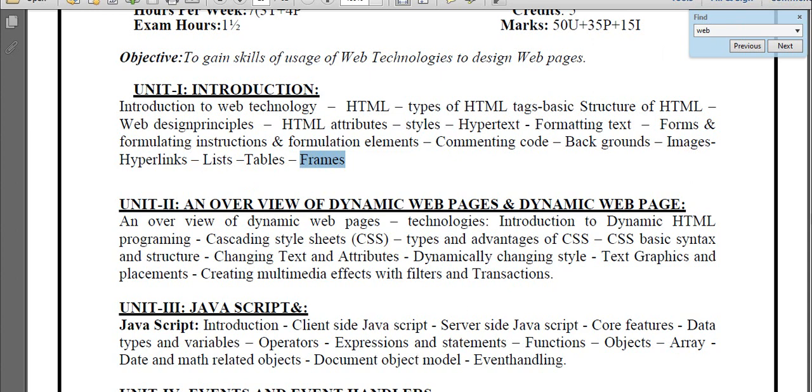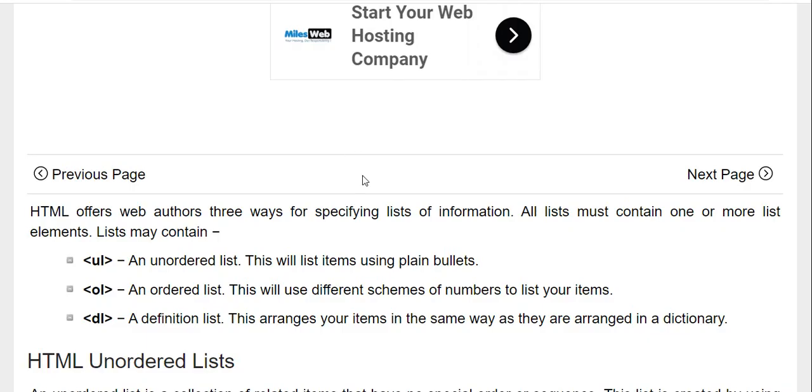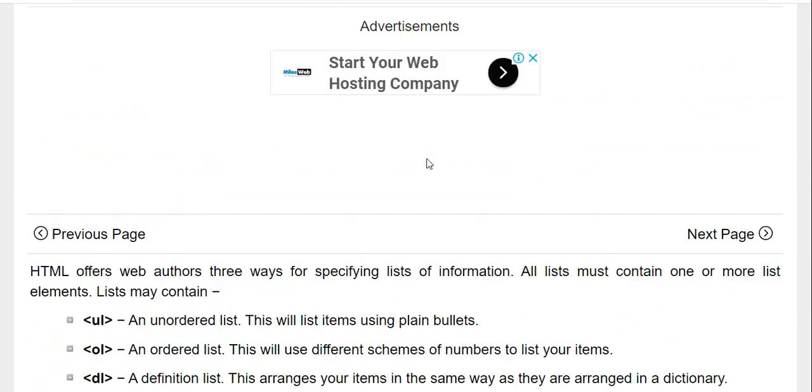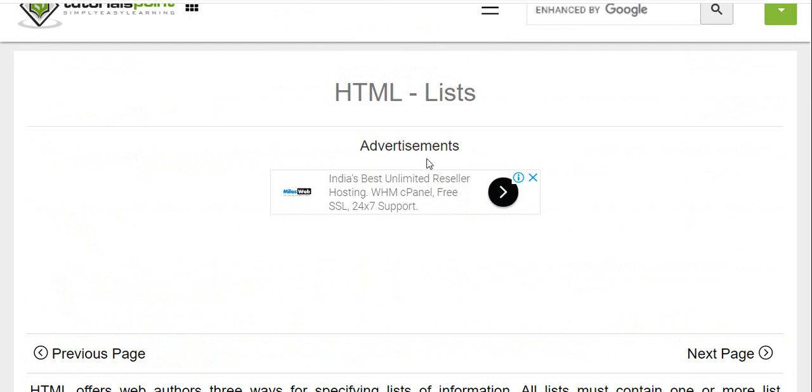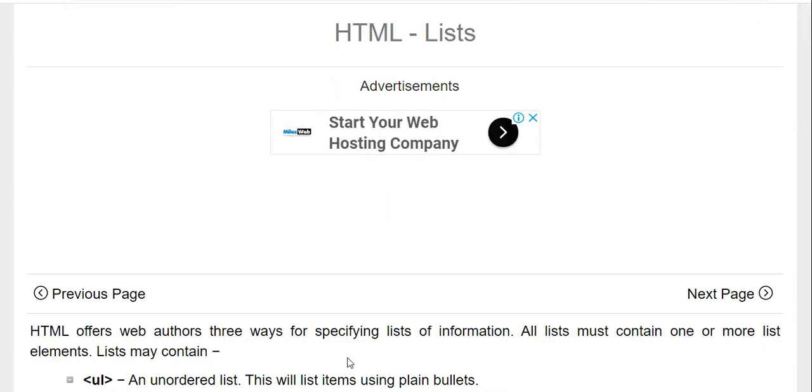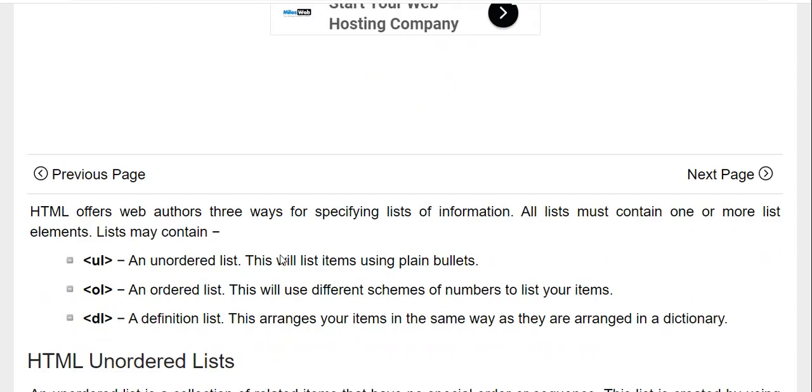So here, this is the topic of list. A list, in general, if you have MS Word and you want to point out all the items or important points, you list out the points with the help of bullets, or with the help of numbers 1 2 3 or Roman letters and all. So in HTML also, if you want to write any content as a list, then we'll have these list tags.